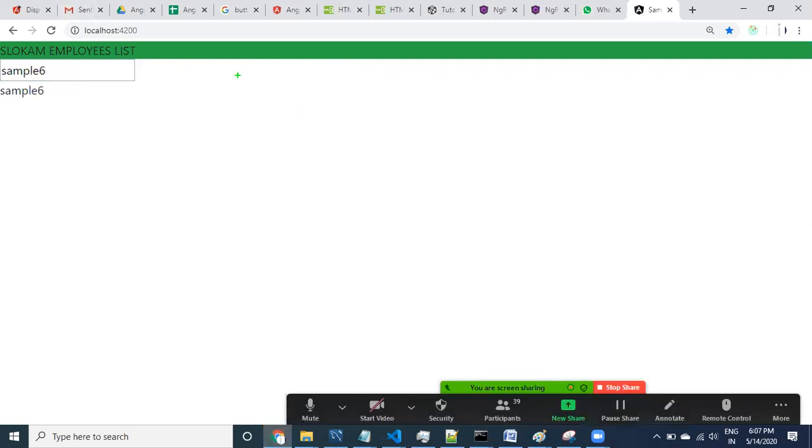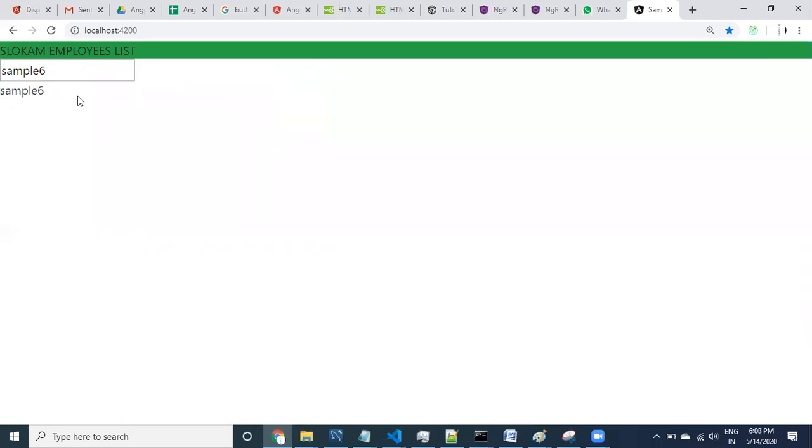actually there is a property in the component class. That property is title. So in the component, the title property value is coming to here and then coming to here also. The property is bound here, property binding, and this is interpolation binding. All right, now let's look at it, guys.